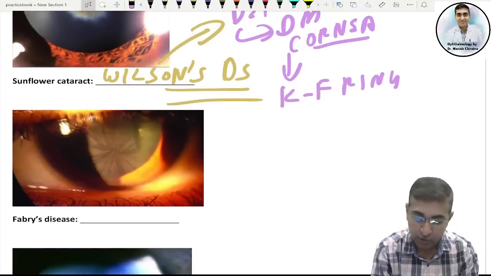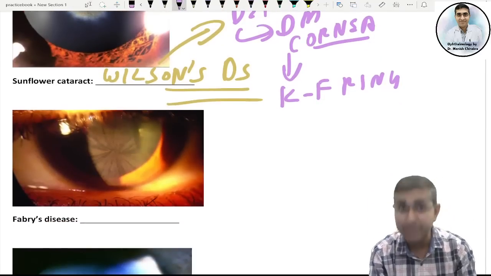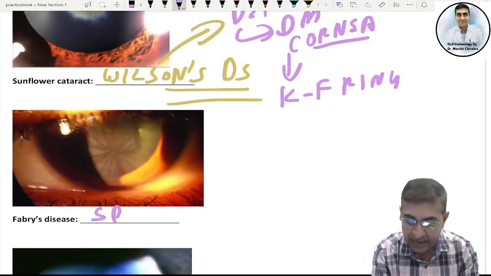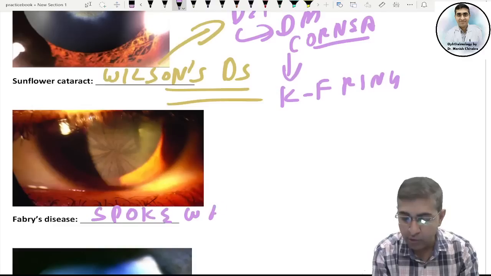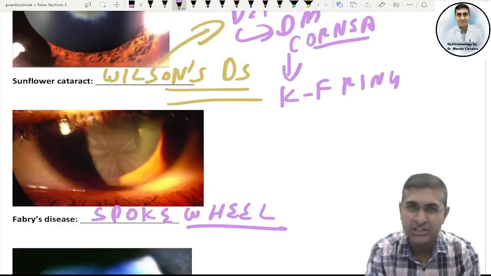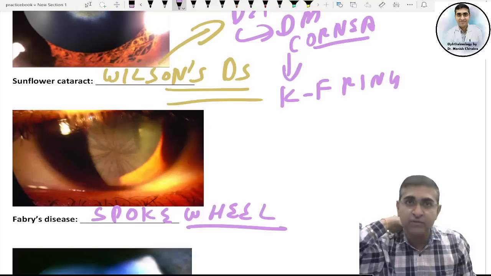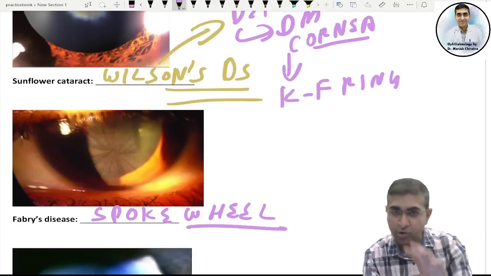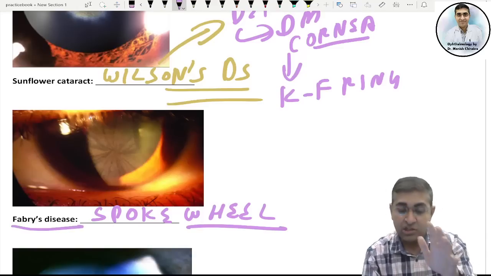All right, so what is this disease? This is your Fabry's disease, and typically the cataract you see is a spoke wheel cataract. So it will be spoke wheel cataract. Now I recently received a message from one of the students who said, sir, how to differentiate between spoke wheel